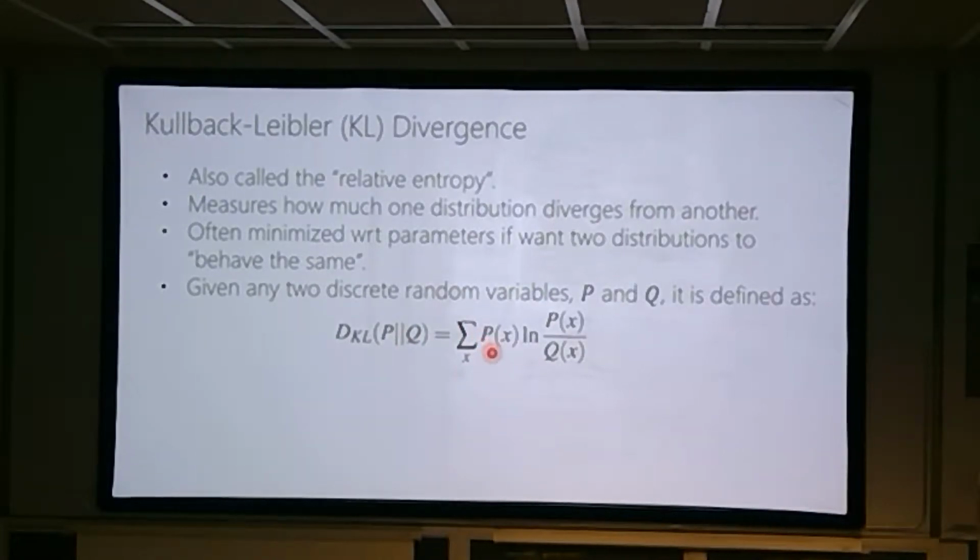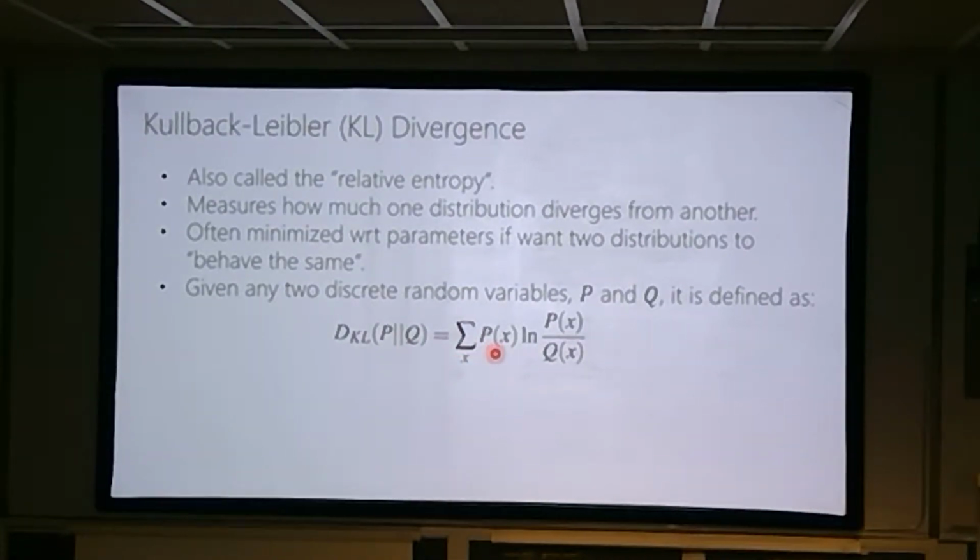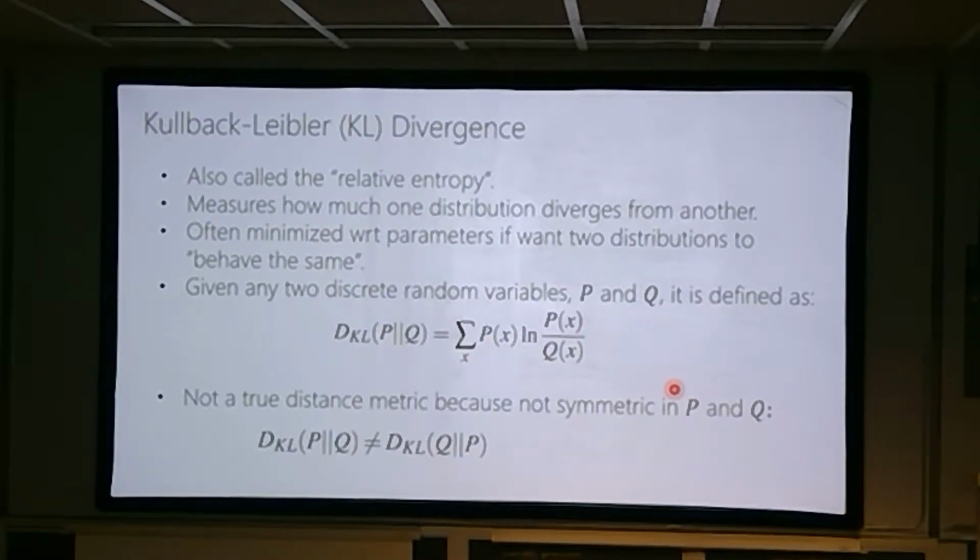then if you sum over all x's in the discrete case, this is the form that the KL divergence takes. And you'll notice that it's not actually a true distance measure because it's not symmetric, right? If I flip P and Q around here, I don't get the same answer. This is actually in some ways problematic, but we won't talk about that in this class. It's very convenient to work with, and so that's one of the reasons people work with this.